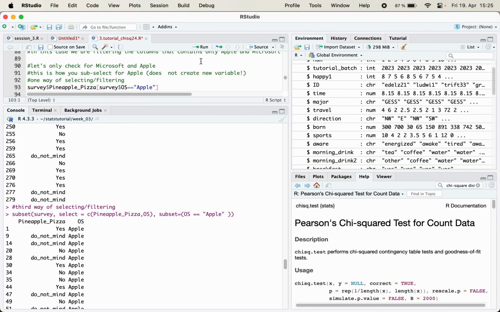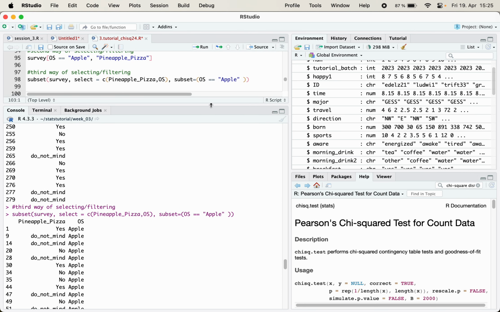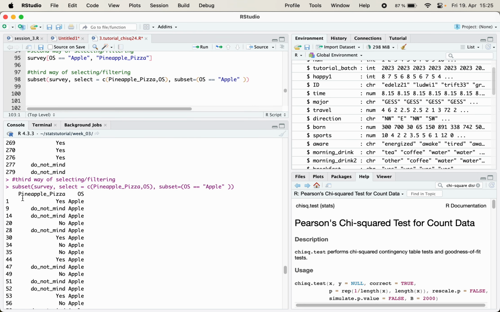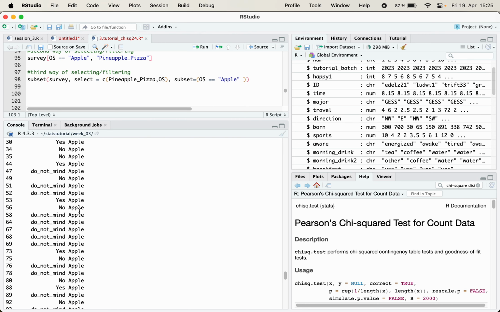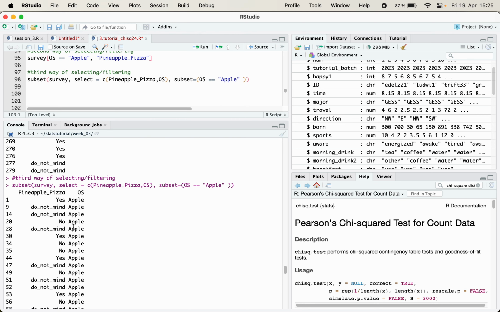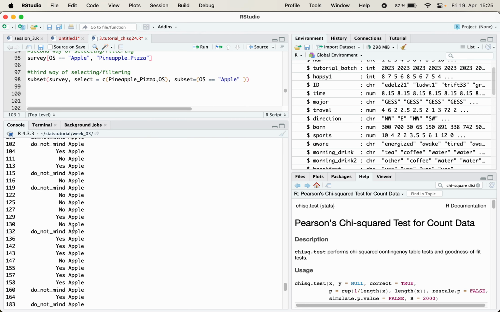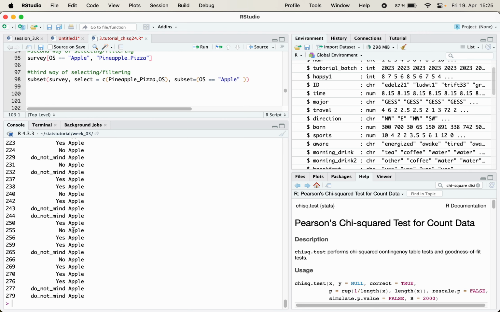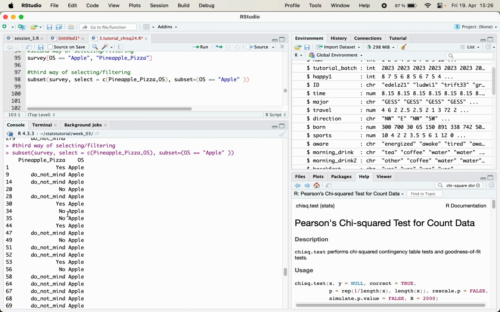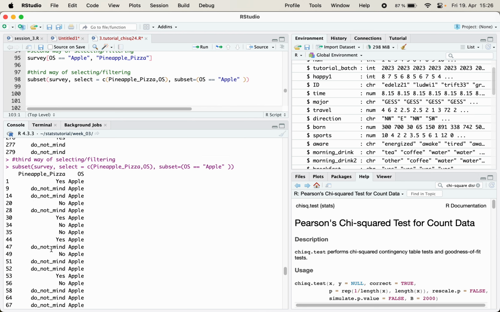So when I'm saying here, please, from this data frame, I want this column, but only with Apple results in this OS column. So as you can see, there's no Microsoft, there's no both value here, only Apple, and you are getting the respective values of pineapple pizza. Okay,